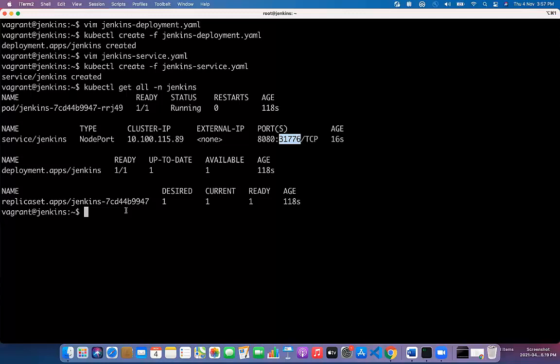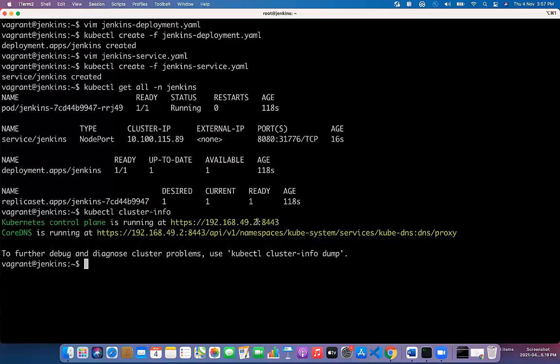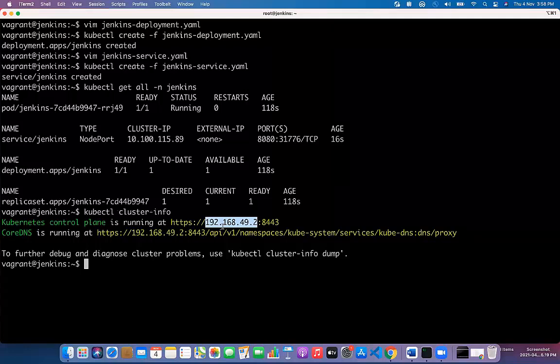Now, if you want to expose this, you can get your cluster information with kubectl cluster-info. Okay, so it will print the information. So now you can expose it over the 192 address, but there is one problem: this 192 IP belongs to the private subnet. If you have a VPN configured in your organization, you can whitelist that and connect and directly access it in your browser. But we do not have the VPN configured, and so we are going to use